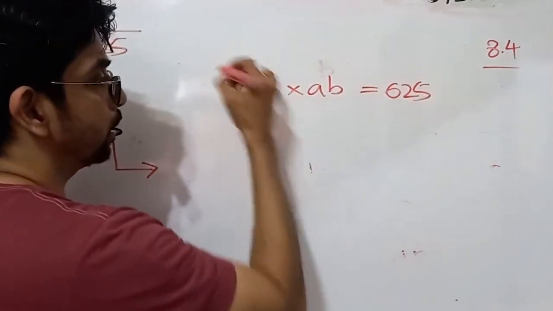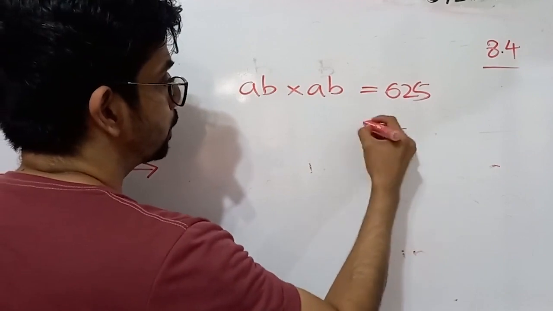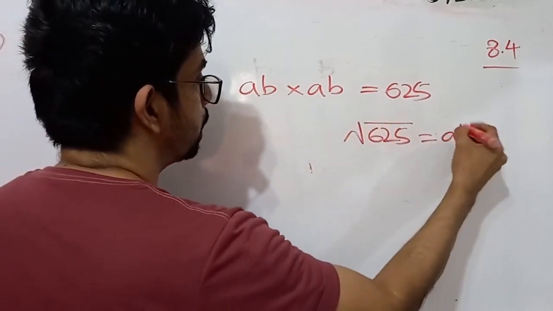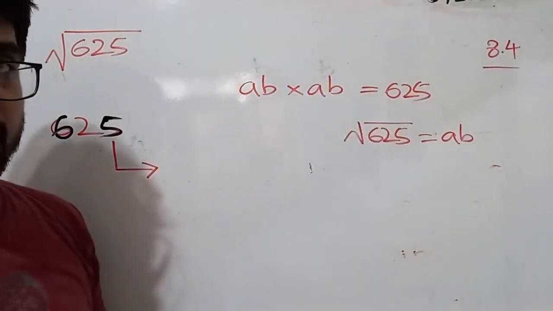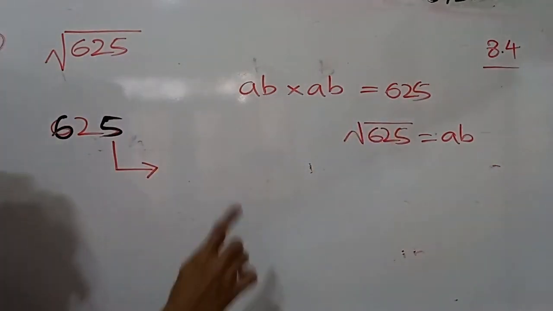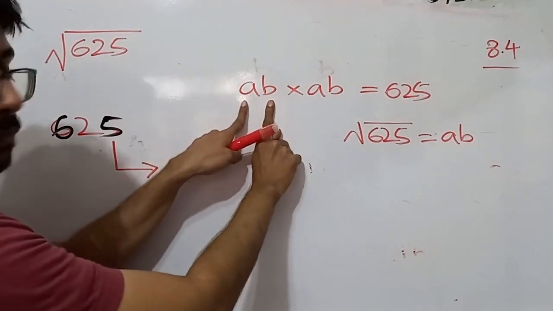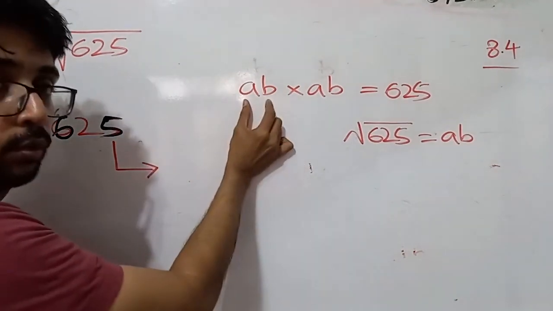Thinking about this expression, what is the square root of 625? It is AB. So by observing this number, we can have an idea of what these two digits can